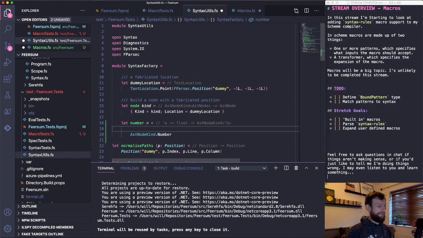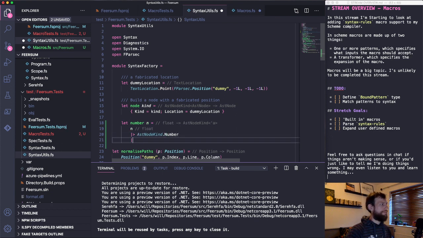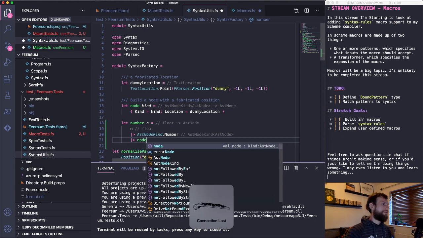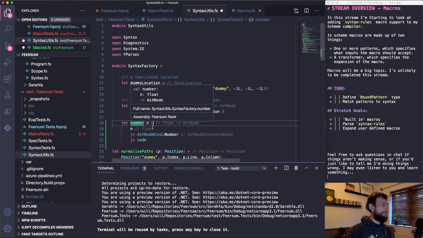Let's do this as a pipe chain because we can. Node. And